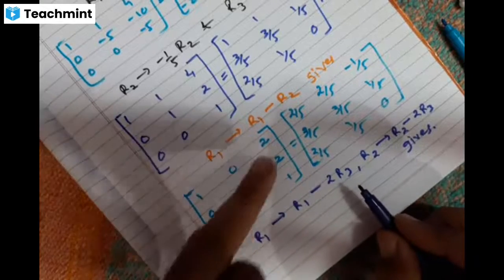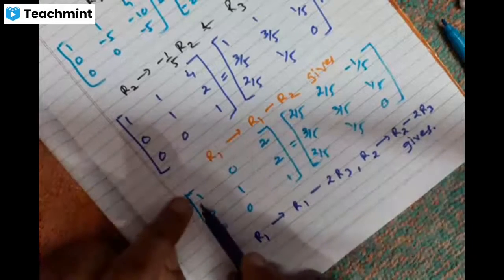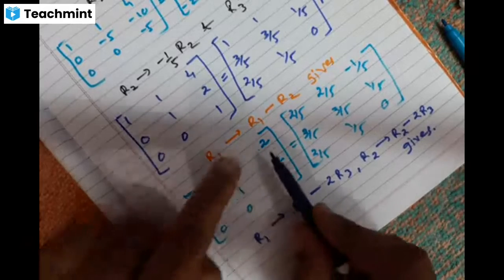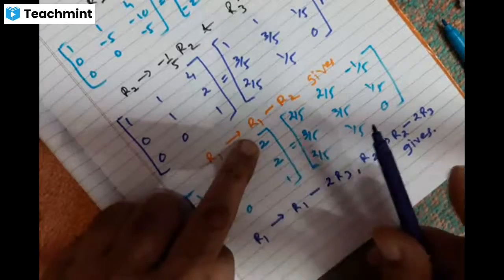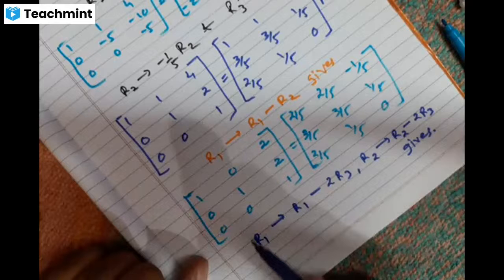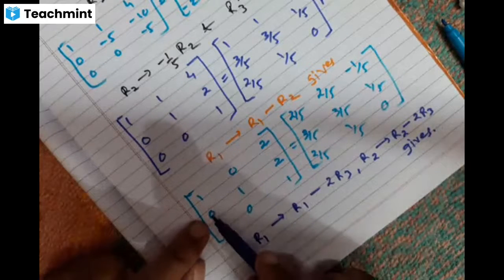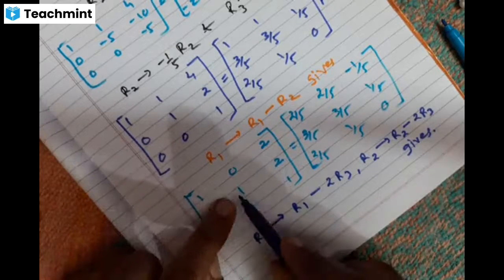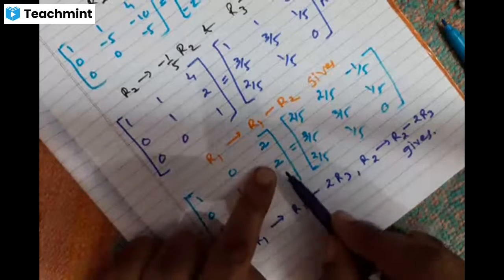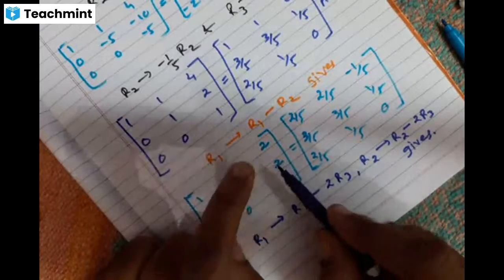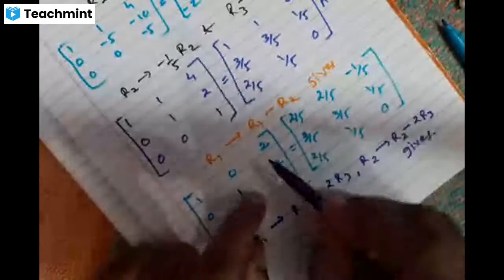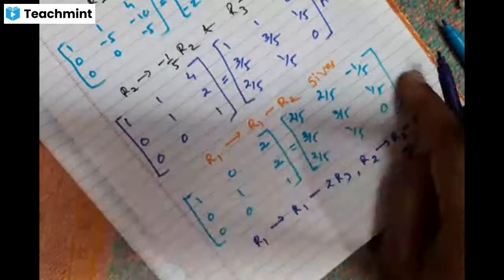R1 minus 2R3, ध्यान से देखो, तो क्या हो जाएगा, R1 में से थर्ड रो को 2 से मल्टीप्लाई करके सब्ट्रैक्ट करोगे, then this will remain 1 only, 0 only, but this will become 0. हो गया. Then R2 minus, also 0 minus 0, ये भी 1 minus 0 ही होगा. And now this will be 2 minus 2, so यहाँ पर भी 0 आ गया, तो 0 0 1 हो गया. Whatever you do here, we have to do on the RHS also.